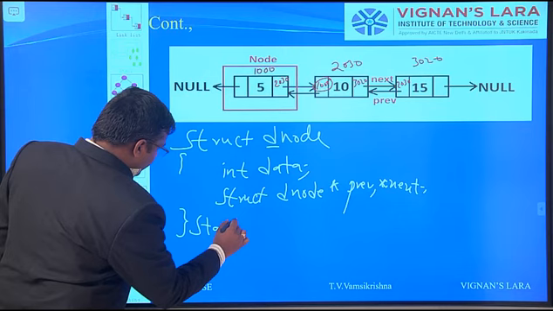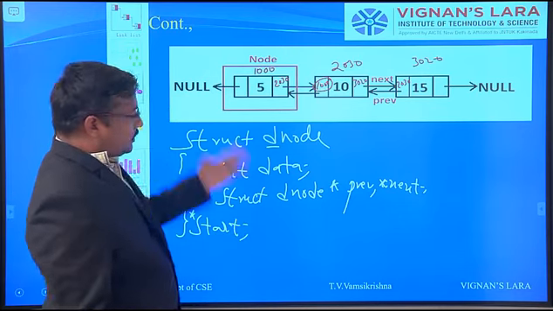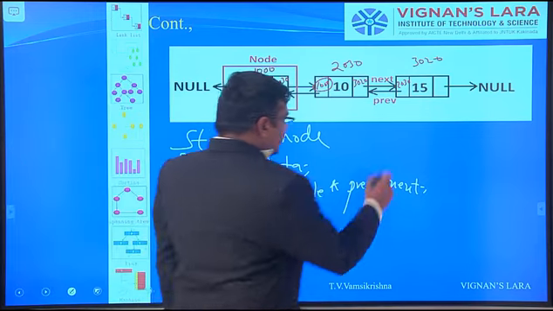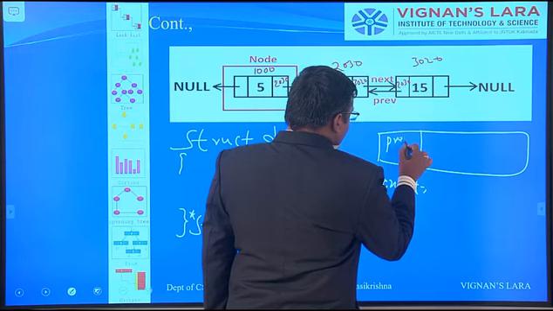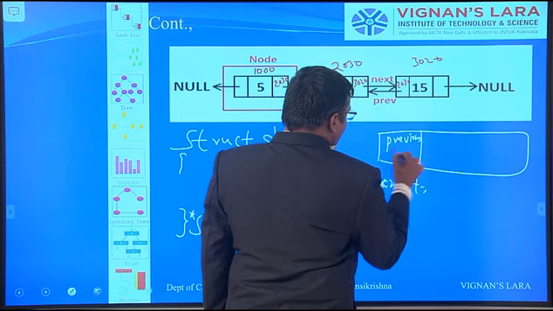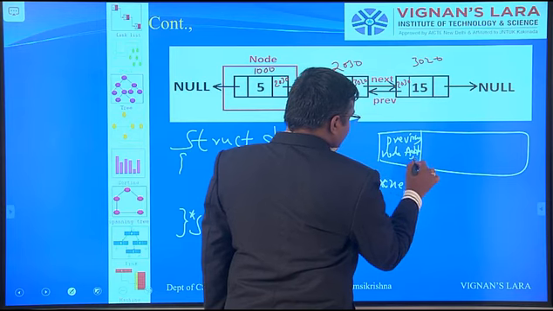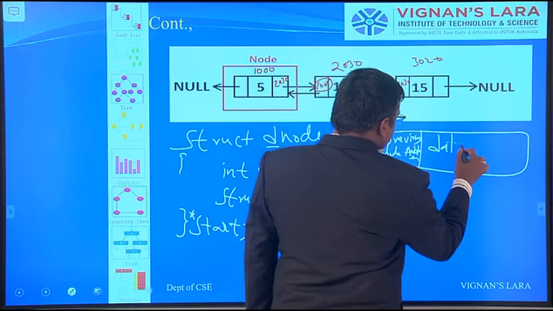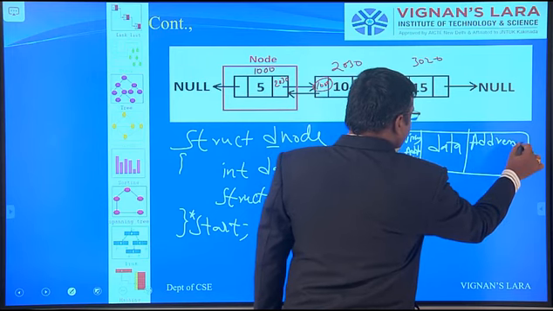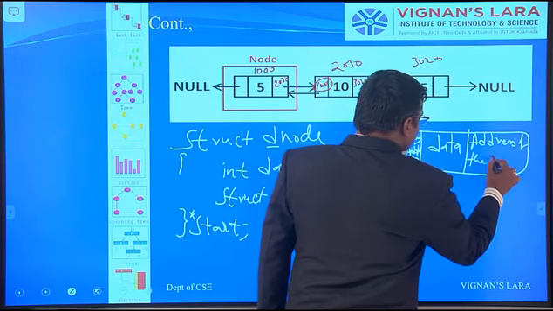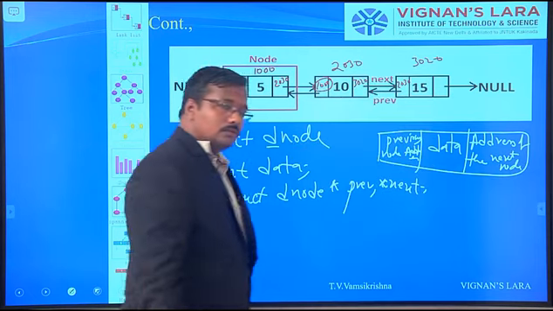This is obviously called start. Start is pointing to the starting node address. So what is the node structure? It is previous node address, the next one is data, and the next one is the address of the next node.